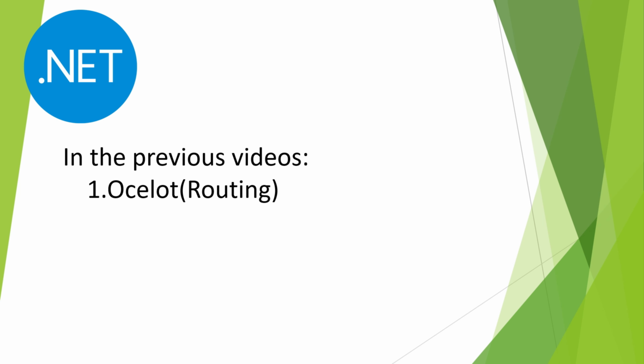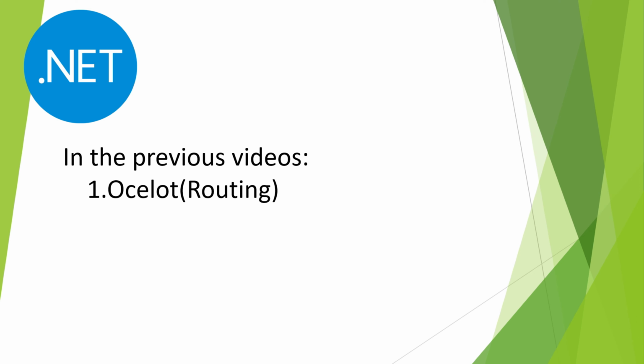In our previous videos, we've laid the foundation for understanding API gateways by working through a few core features with Ocelot. We began with a straightforward look at routing. Ocelot makes it easy to manage different routes in our application, allowing us to direct requests to the appropriate backend services. If you haven't seen that video, I encourage you to check it out because solid routing is at the heart of any effective API gateway setup.